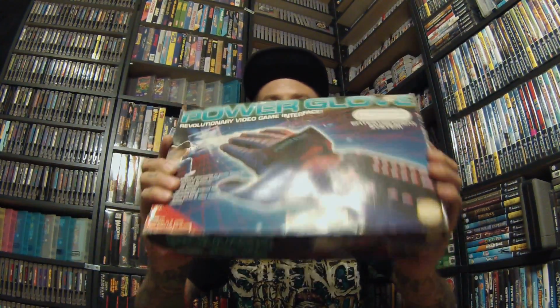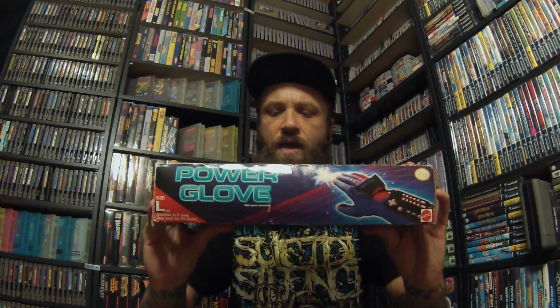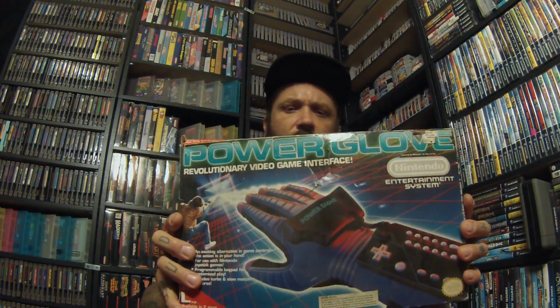Okay, so next, the day was kind of slow. A few of the people that I usually go to, they didn't really have anything. So one guy pulls up and he does storage units, and I'm looking over his trailer, like a lot of other people were doing at the same time, and I noticed right on the top, easy accessible, and he said it was cool if I grabbed it. Complete in-box power glove. Well, I think it's missing the manual, but I do have an extra manual for this,